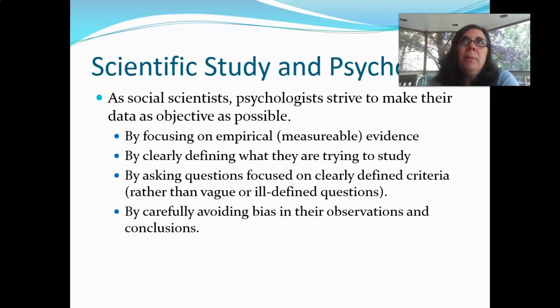And so if I want to measure anxiety, perhaps rather than asking you on a scale of 1 to 10 how anxious you are, perhaps I take your blood pressure and your heart rate and other objective, factual, measurable pieces of evidence that might indicate how anxious you're feeling. I might clearly try to define more specifically and more objectively what I want to